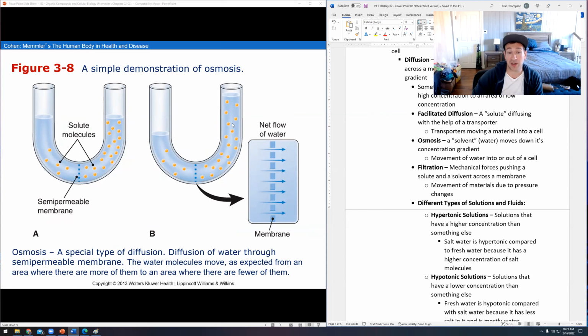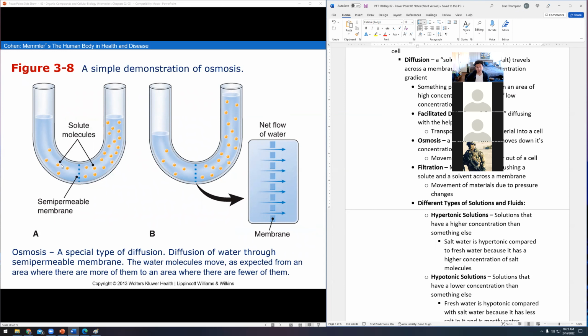water osmosis first. So here's osmosis, right? Now this is kind of a fun one. You can actually see this looks like there's the same amount of water on both sides, but there's actually less water on this side because there's a bunch of salt particles taking up space. So there's actually a lower concentration of water. There's less water over here than there is over here. So let's say this is salt water and this is regular water, and you've got a membrane in between. What'll happen is the water will move from the freshwater side to the saltwater side until the concentration of pure water on both sides is equal.